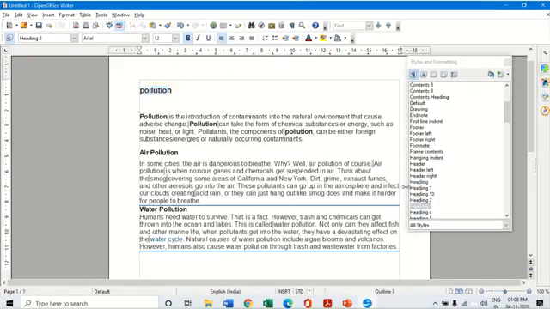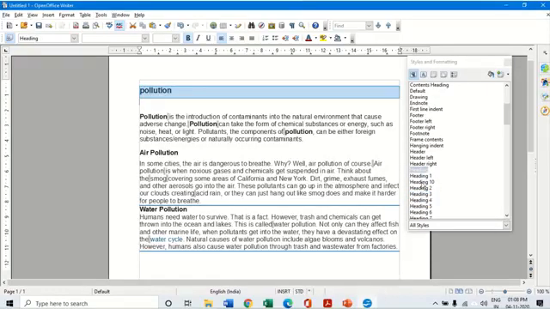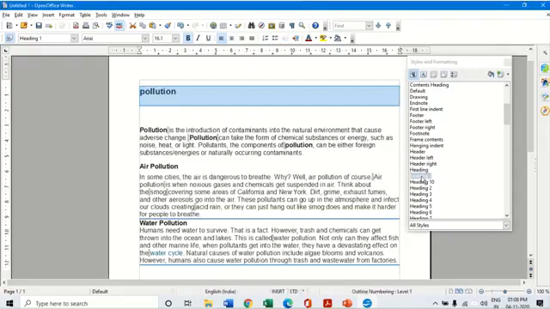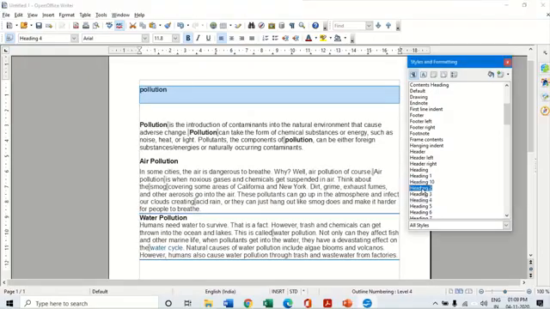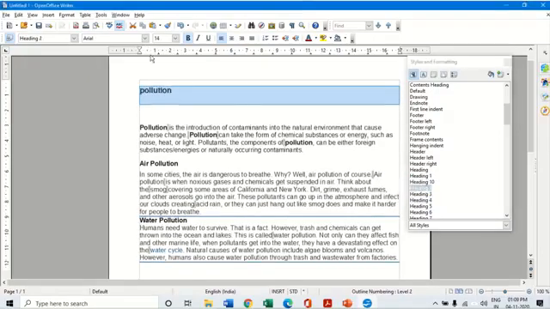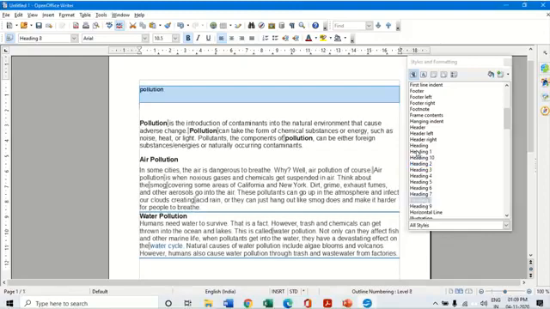Now here I want to apply, suppose each of these has a different styling. So if I select this, suppose I apply another heading. Let's take Heading 1. It is a different style. Here it is 16.1. Suppose I say Heading 4, it is smaller than this. If I say Heading 2, it is this. I can give different styles of headings for the text that I have applied. Say Heading 9, it is smaller. So this way I can select.